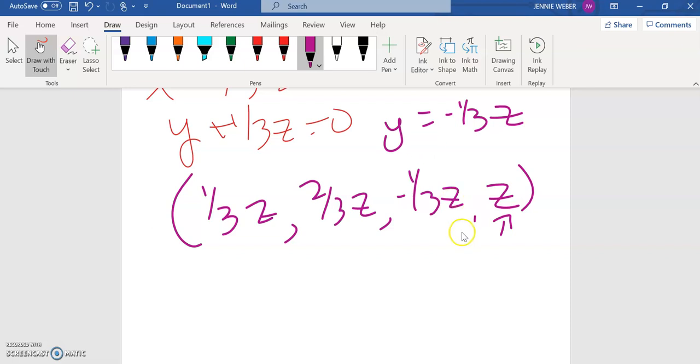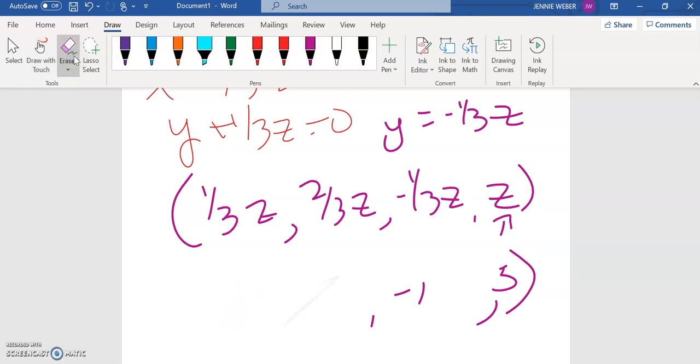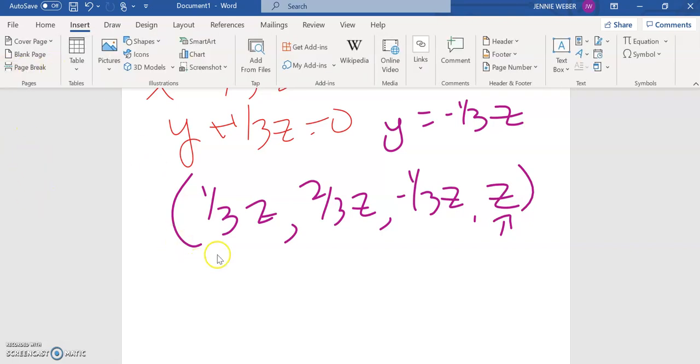So if this is 3, so say if z was 3, well then I could tell you that this is 1, this is 2, this is negative 1. Okay, so if I know z, I could figure out the rest. That's kind of what this is saying to us. And so this is what this dependent solution is going to be. It's not going to be that all reals from before. It's going to be, okay, I can pick anything for z, and then I know what happens to the rest based on that. And you're each time going to set up that pattern, and this is what your answer's going